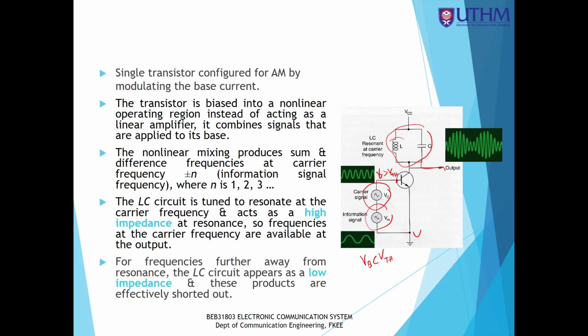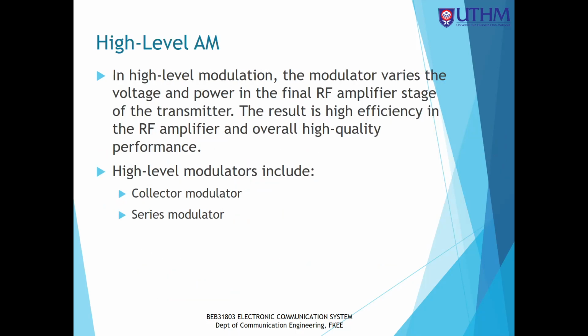So you see that from here, this is a low level. That means after here we need one or more amplifiers to increase the amplitude of the output so that we can transmit the signal into the medium at a longer distance. So this is low level. For the high level, there are two high level modulators. Okay, so before that,